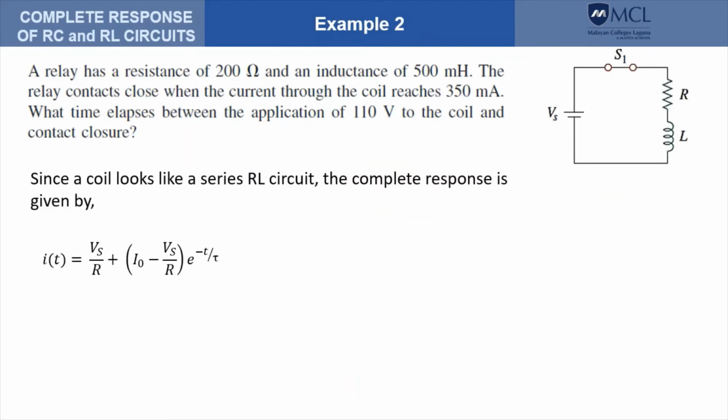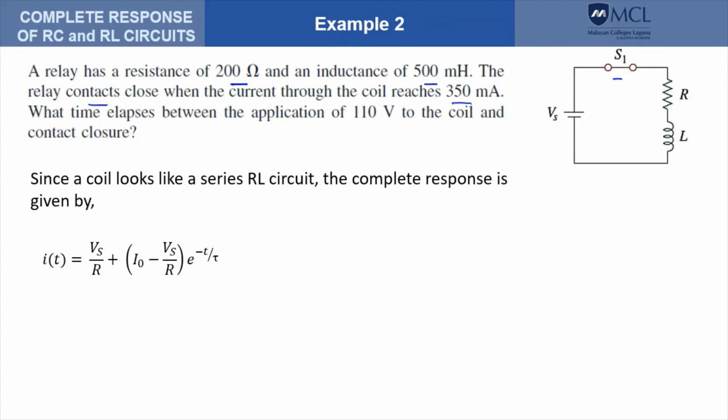So let's have an example of relay circuits. We have a relay that has a resistance of 200 ohms and an inductance of 500 millihenries, and it is stated that the relay contacts close when the current in the coil reaches 350 milliamps. So when the switch closes,